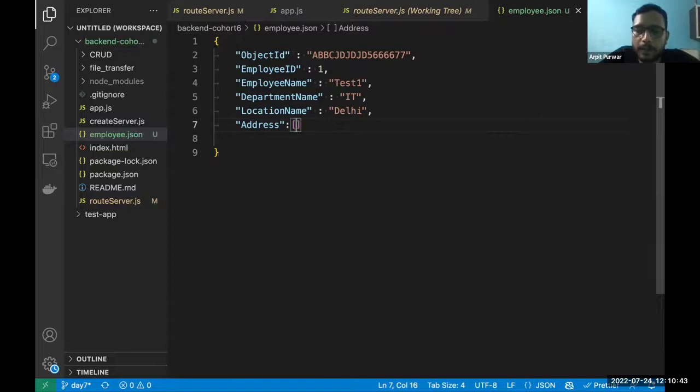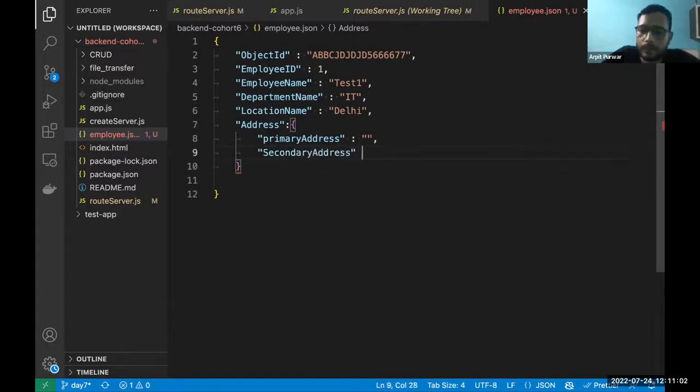You guys always remember that most of the time we have two addresses, which could be our primary address, or the current address, you can say, or there could be a secondary address also. That's all.